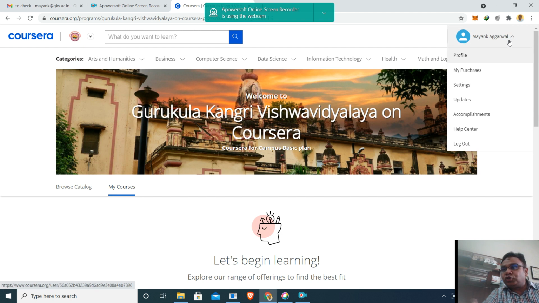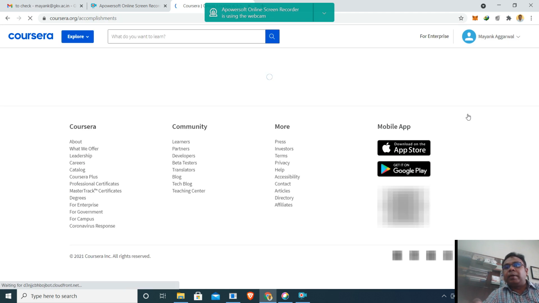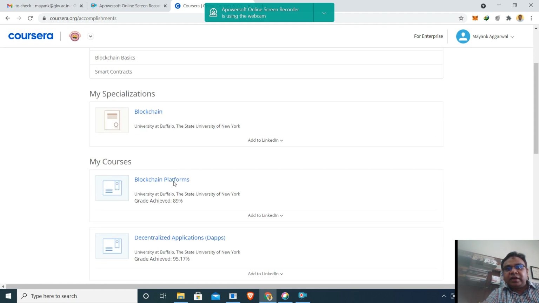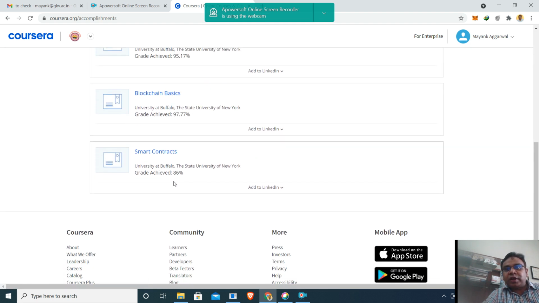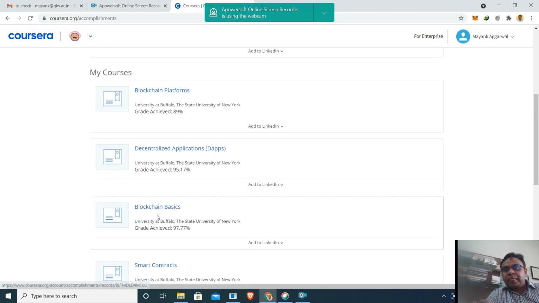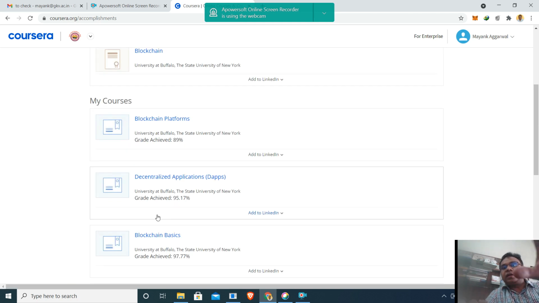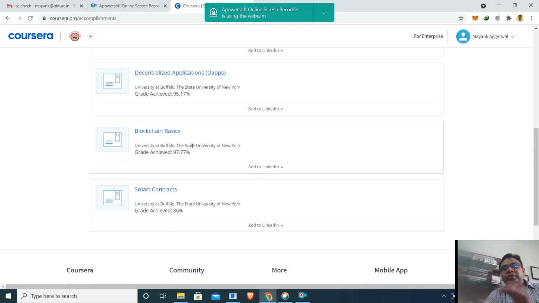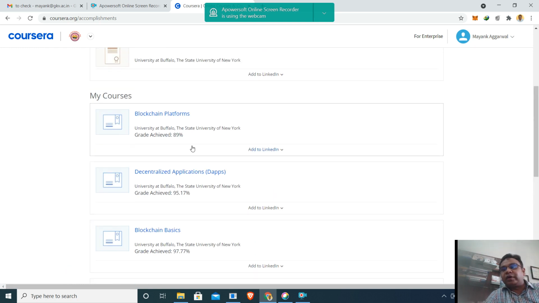For example, if I show you my certificates on accomplishments, it will show the certificates which I have got from Coursera. Like, see, these are the courses which I have done from Coursera, and these are the certificates which I have got from Coursera. So in the same way you will get your certificates, and it will show how many marks you have scored. For example, it shows that these are the marks I have scored on different courses on Coursera,